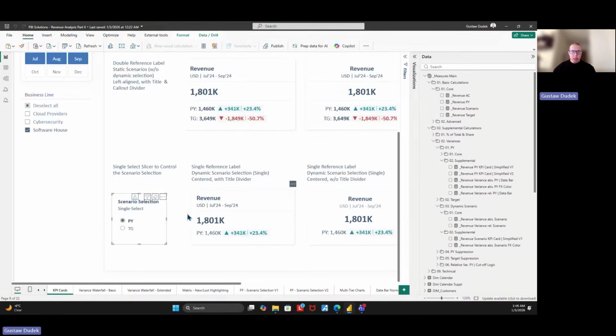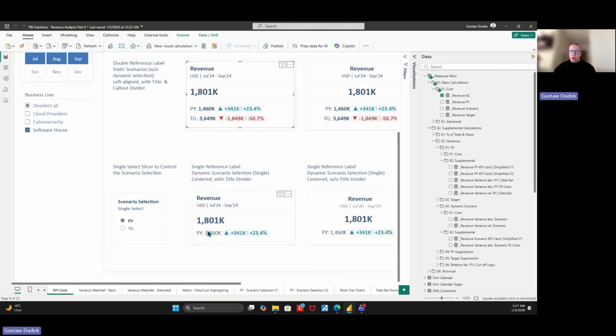In this video, I would like to show you how we can build this particular KPI card, which is driven by the single selection slicer, which allows you to pick which comparative metric you would like to compare your actuals to, like the previous year or the target in this particular use case. Also, as you can see here, we might have a different use case where we have two comparative metrics displayed simultaneously in a KPI card, which is built like this, but we will cover a bit different use case, when we want the end user to drive the selection through the slicer selection to allow you to compare your actuals only to a single